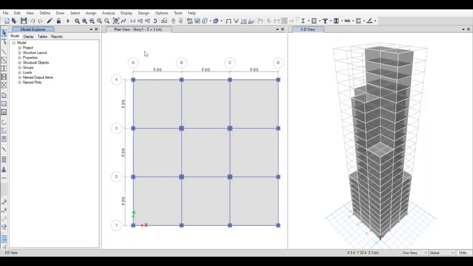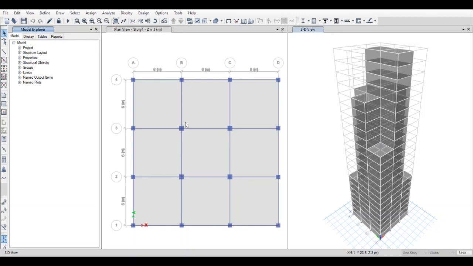So guys, as you can see, I have already created this model in ETABS. Let me explain that there are three simple steps in ETABS which we follow before analyzing or designing a building. First, we'll define the material properties. As you have seen in the problem statement, I have defined three properties which are M40 grade of concrete, HYSD 500 rebar, and mild 250 rebar.